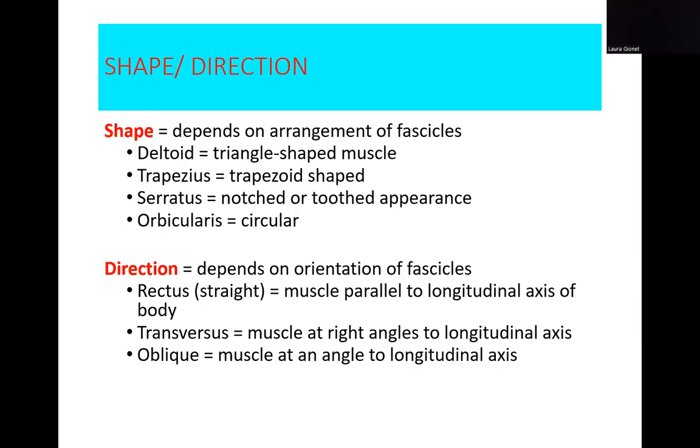All right, direction depends on the orientation of the fascicles. Rectus means straight up and down. Muscles are very parallel to the longitudinal axis of the body. So rectus abdominis, the set of abdominal muscles that are straight up and down in the middle. Or rectus femoris is going to be on the anterior aspect of your thigh. Transverse are muscles that are at right angles to the longitudinal axis. So if you're looking at abdominal muscles, we have rectus abdominis, which is straight up and down in the